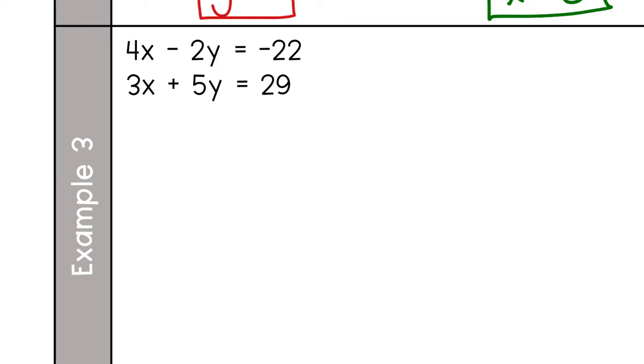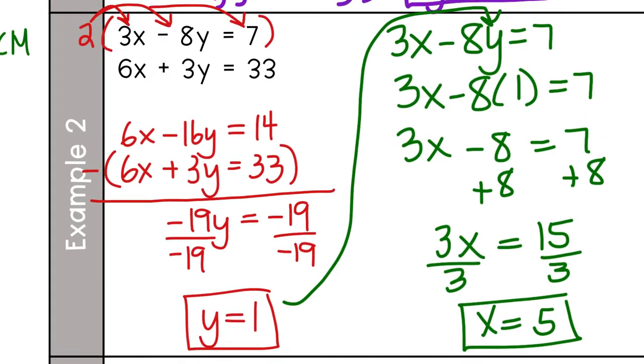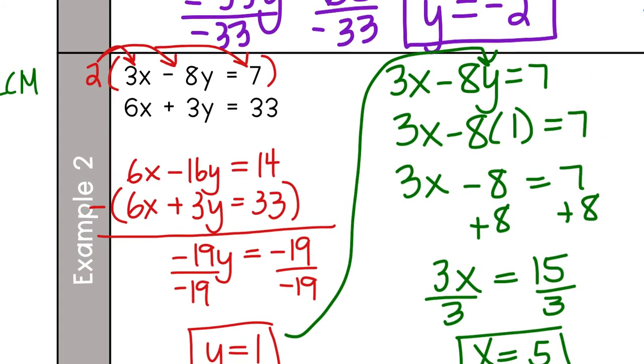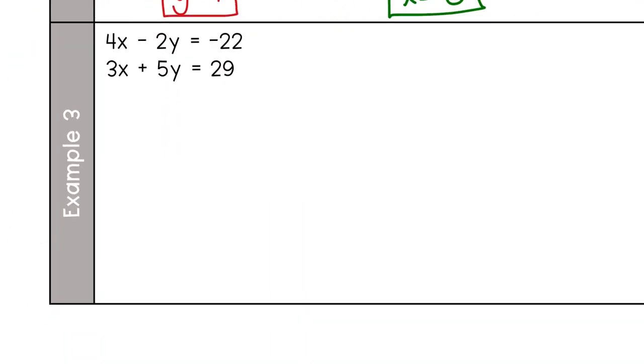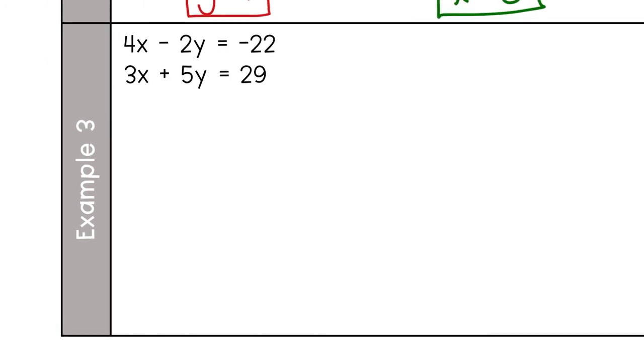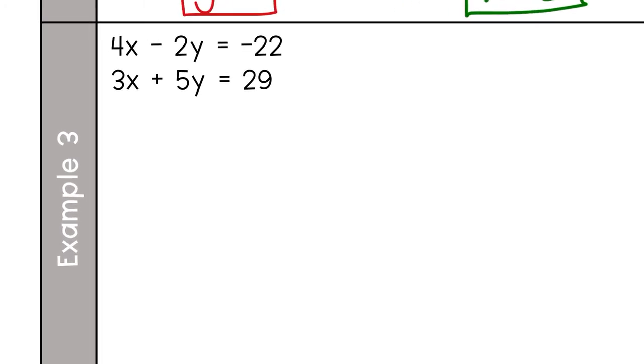Because on the other two examples, we canceled out x and solved for y first. Here we also canceled out x and solved for y first. Let's do it a different way and let's cancel out the y so that we can solve for x. So look closely at those two y values, negative 2y, and this one is positive 5y. I need them to become the same number, so I need the least common multiple of 2 and 5, which is going to be